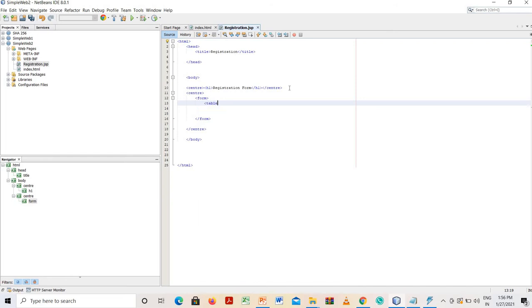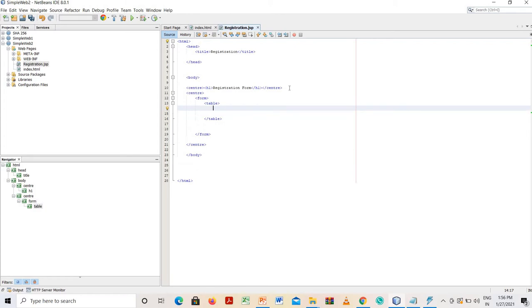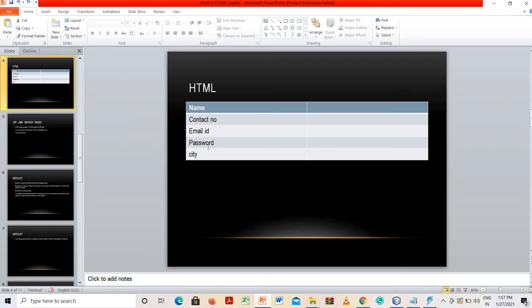So that the form should appear good in the table format like that. So this is our form.